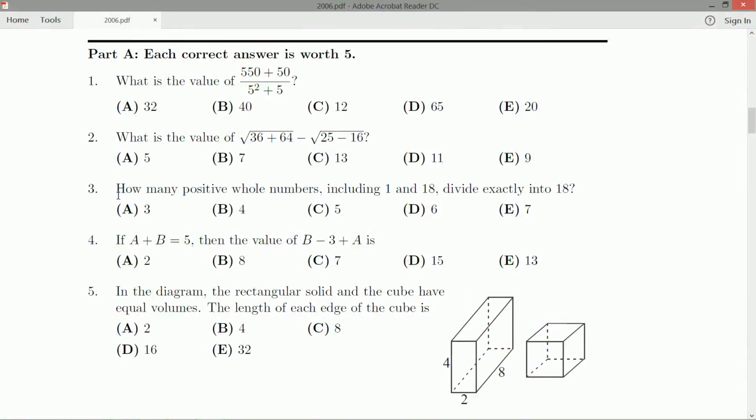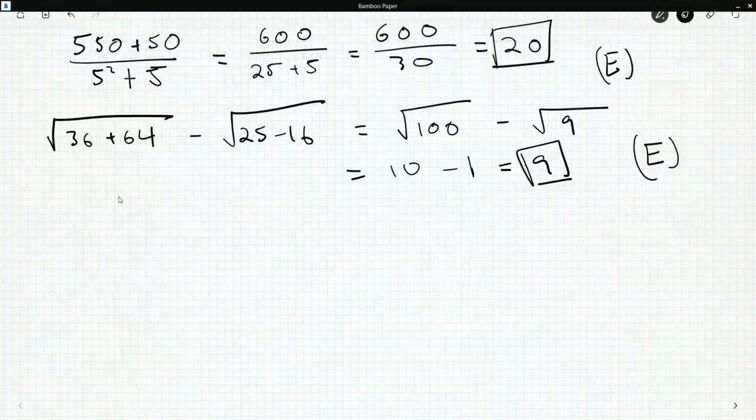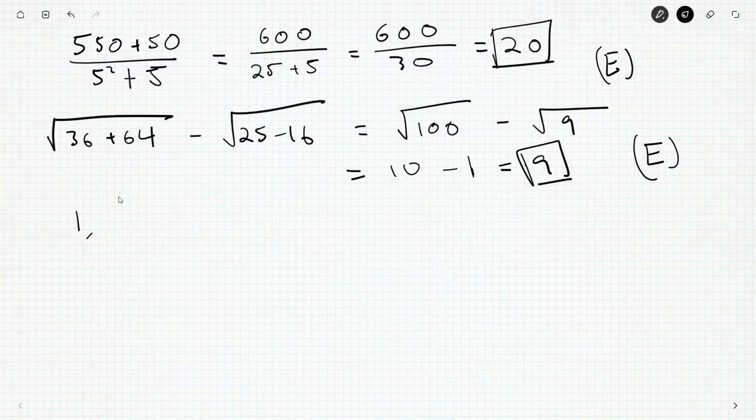Okay. Now 18 is not a particularly large whole number, so one thing you could do if you're really struggling with this question is just list out all the numbers. I'm not going to do commas because it's going to take me too long. Okay, if you're really having trouble thinking through this one,